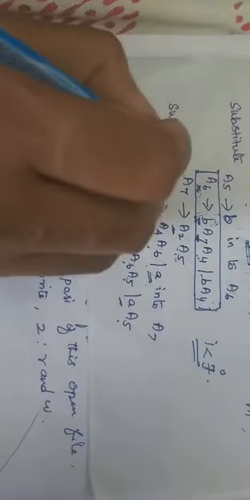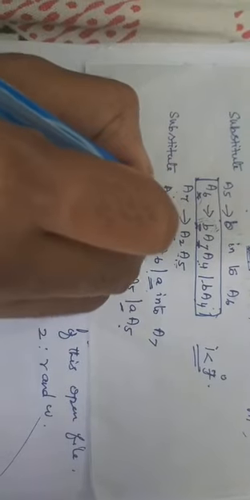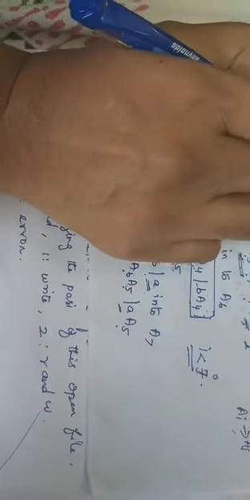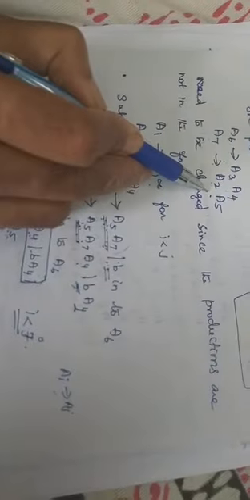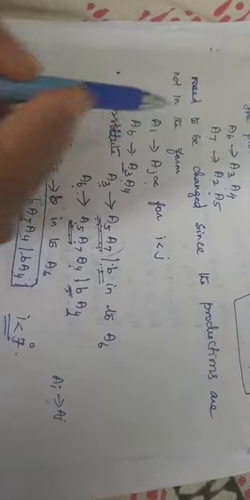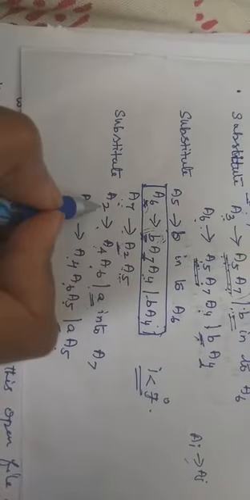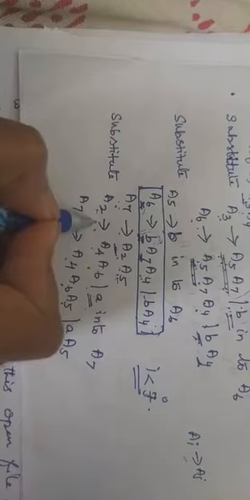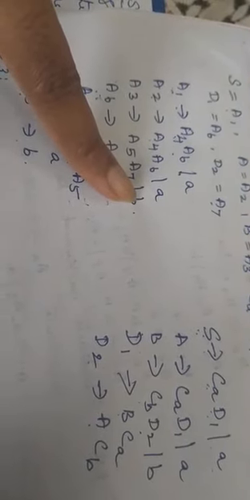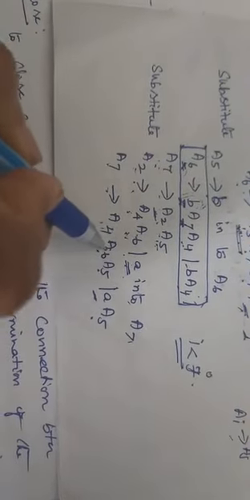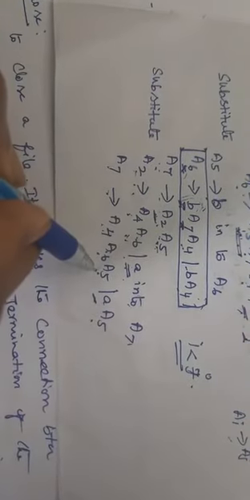Okay, so next we have to take the next one, A7. This one you have ordered. So next you have to order this production. A7 production you have to order. So now you are taking that A7 production. A7 gives A2, A5. So for A2 you are going to substitute what A2 is. A2 is A4, A6 or A. So A7 gives A4, A6. Then I have to write A5.